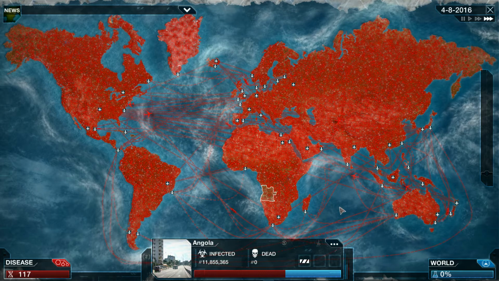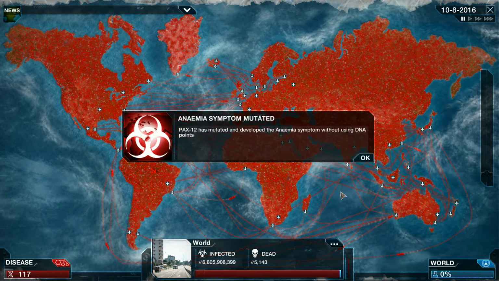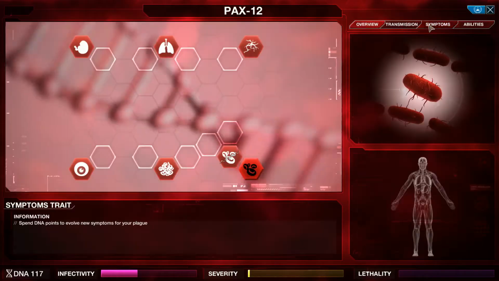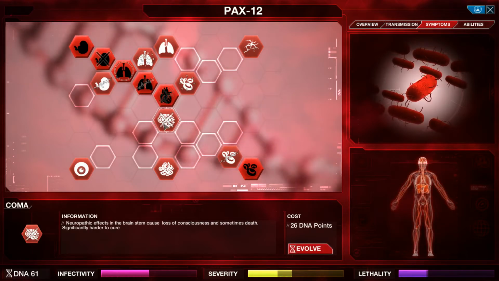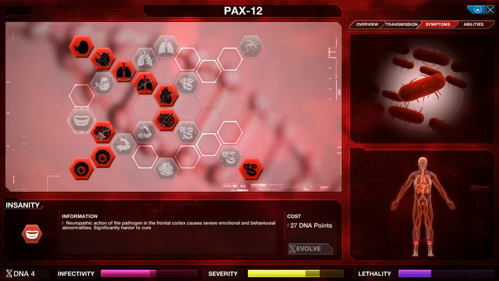Okay, here we go. So you don't want to let them know. Yeah, I don't really know. I mean, I don't really care if anemia pops up now. Okay. Symptoms. Oh, total organ failure. I'm going to go into, I guess, coma. I'm going to slow down the research as well. I'm going to go seizures. I don't have enough points for the next one, so...